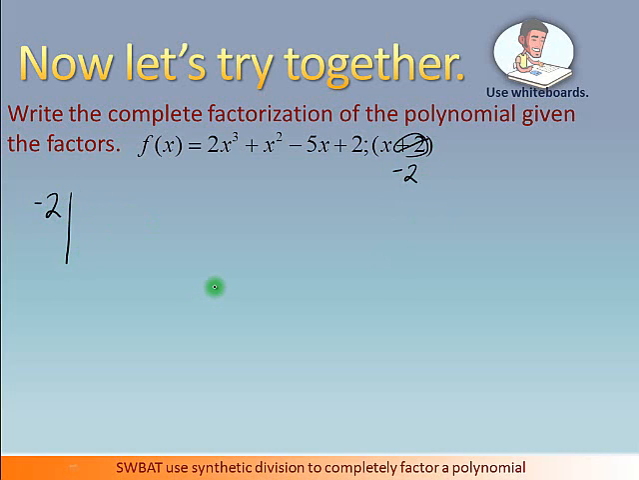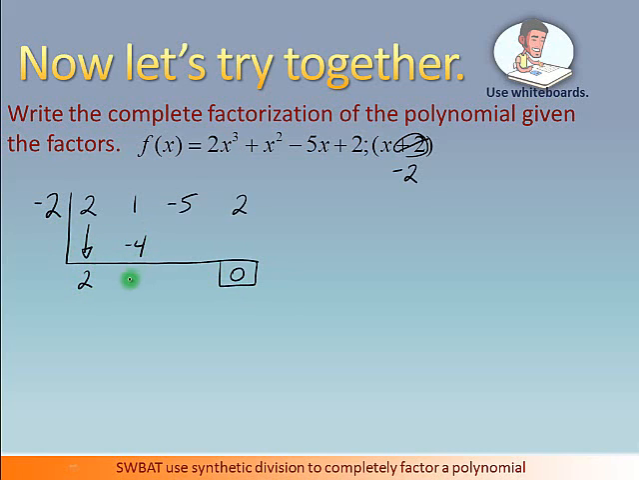Again, we have to be very careful when we're writing it to include any missing terms. 2, 1, -5, and 2. There are no missing terms. It's just the coefficients. 2, 1, -5, and 2. And because we're told that this is a factor, our remainder should be 0. So I'm going to put a 0 in advance to make sure that's what I get. If I don't get it, then I made an arithmetic mistake. Bring down the 2,